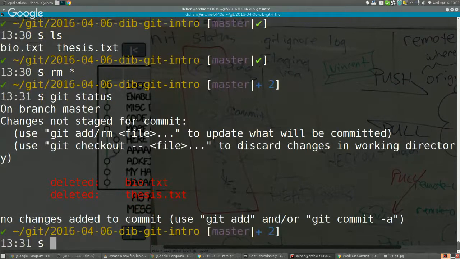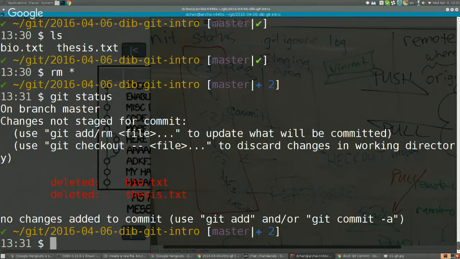That's great. How do I undelete them? So Git's actually really good to know, to see that if a file's been tracked and it gets deleted, a delete is actually a change to commit. So you actually have to be very explicit even if you want to delete a file. But let's say we want to undelete these files. We could use git checkout HEAD and list the files, but